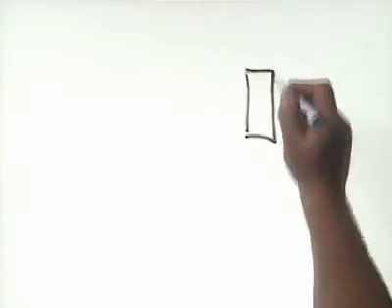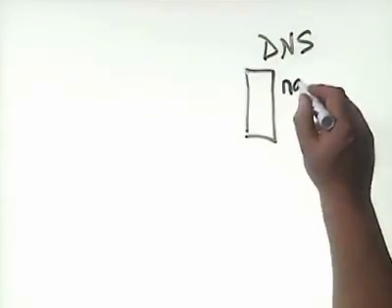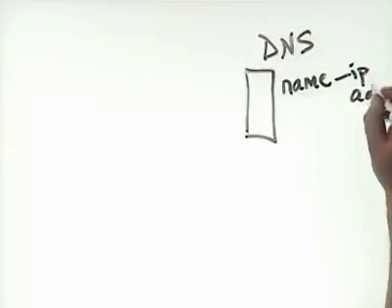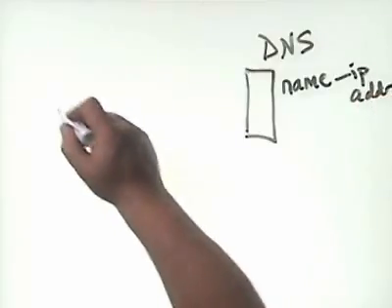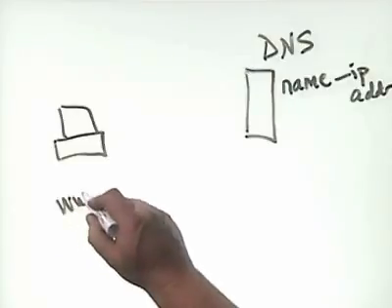Logical names are easier for you to remember, but the computer must translate the names you provide into IP addresses. The computer does this using a system called the Domain Name System, or DNS. With DNS, a special server called the DNS server is configured with the host name and IP address of many different computers. So, for example, if I'm working at a computer and I want to visit the website